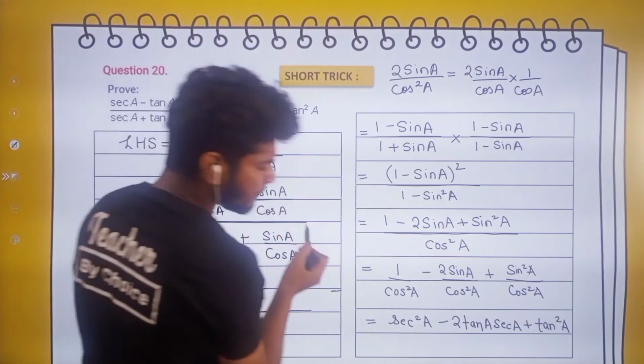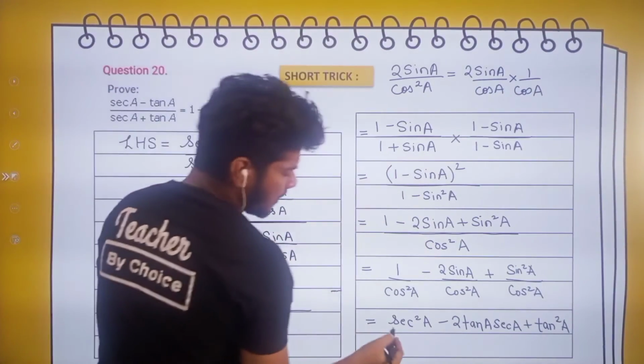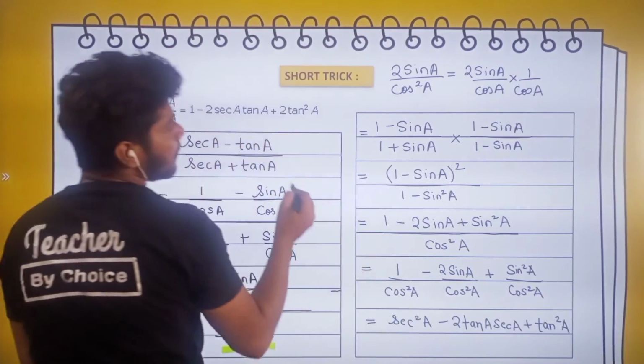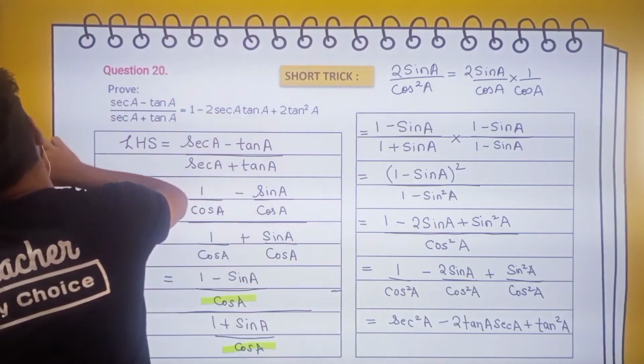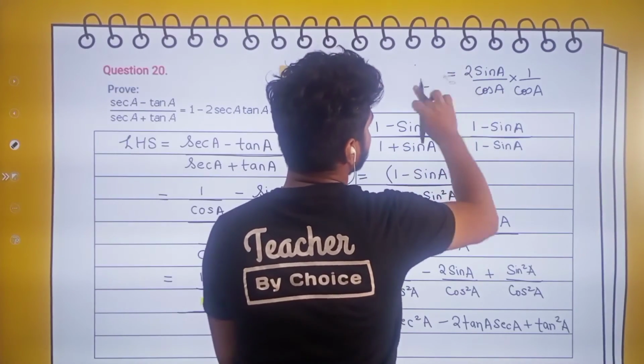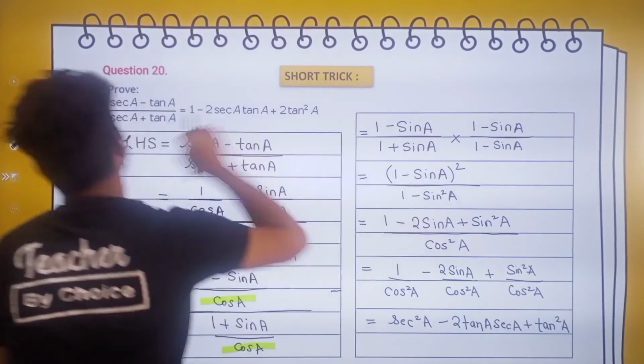Okay, see, we have to simplify further. Okay, see, what is sec square A or tan square A? Do we need sec square A? No, we need to use the identity. What is the identity? I hope everyone remember the identity of sec. If you don't remember the identity of sec, you will not be able to proceed with the sum.